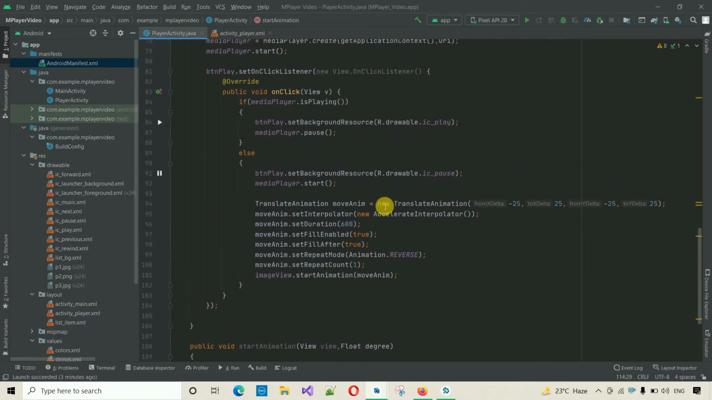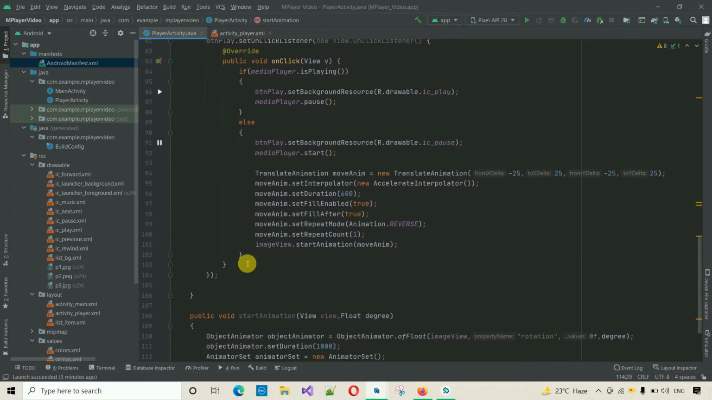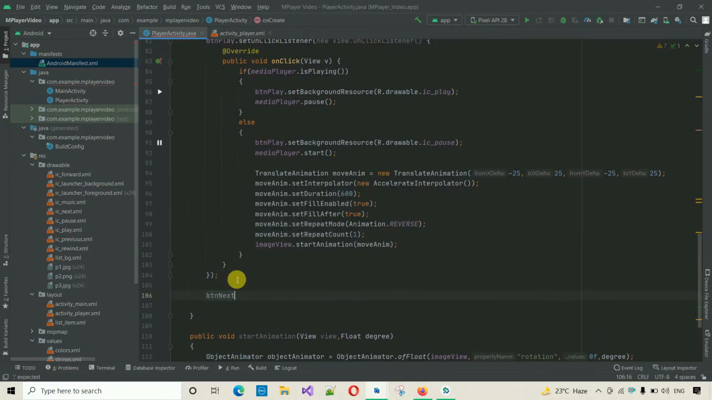So now the next thing we have to do is move over here, that is btnPlay.setOnClickListener, and below this one I'm going to start coding with btnNext.setOnClickListener, and inside this one we have to write new